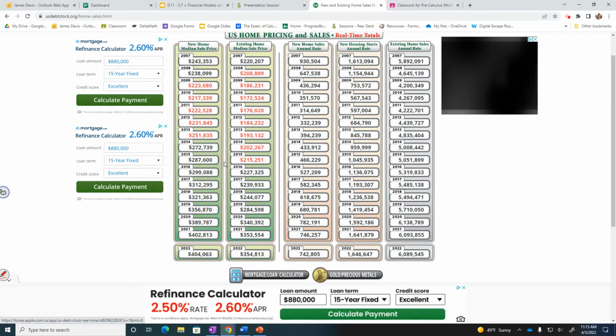So prices have definitely gone up a ton. If you look back though, you'll see here they actually went down briefly, right here, 2009, 2010. Home values and the prices actually went down. And that's when there was what I think they call the Great Recession, the subprime mortgage crisis, where people borrowed more money than they had,